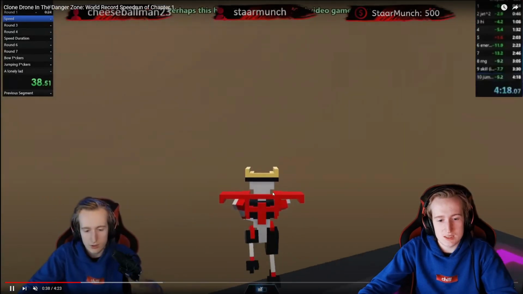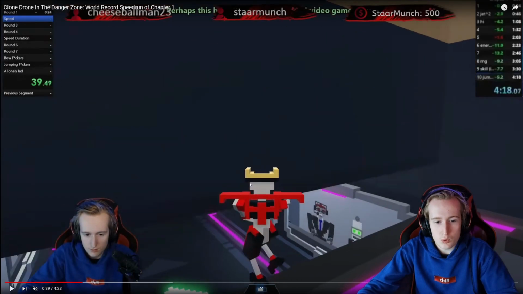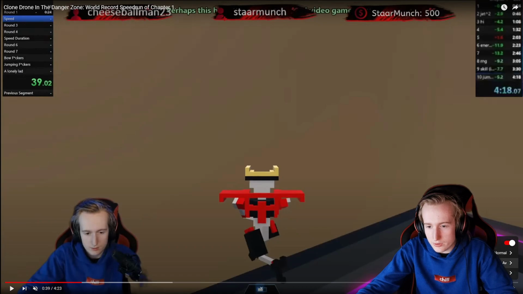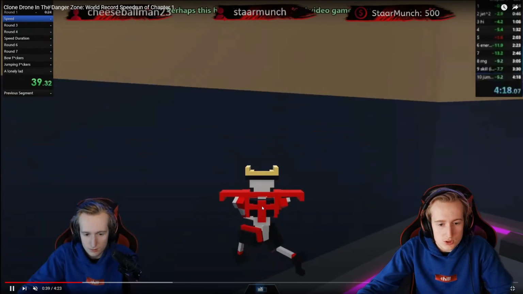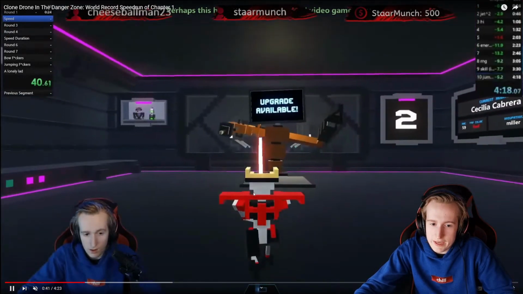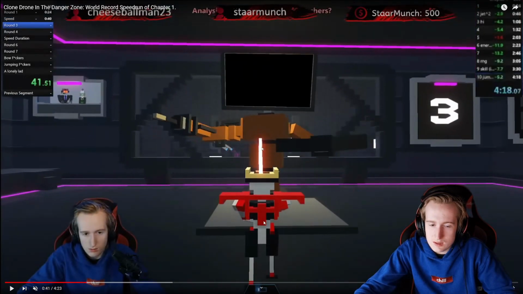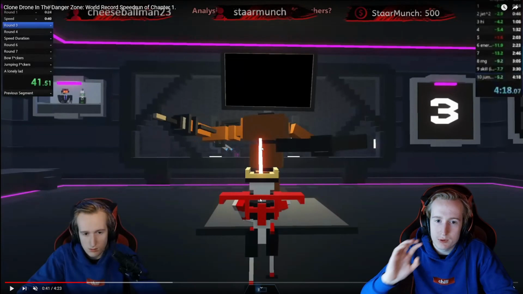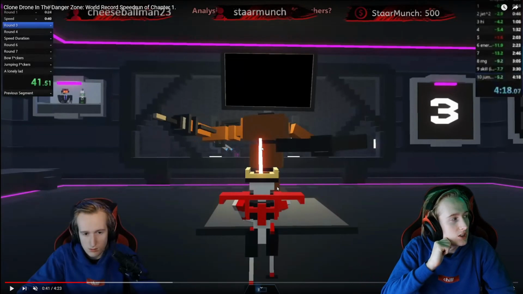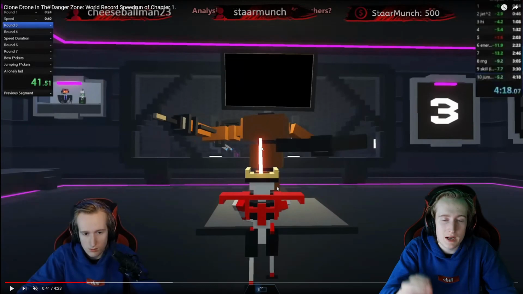A speed dash is pretty simple, to be honest. You walk sideways with the WA button, then you dash on the top of the wall right there, as you can see. Hold on, I will slow it down for you. So you have to do it right there. Then you will get an extra dash, and it will help you get to the upgrade faster. Of course, the speed dash is not very easy to do at first, so you have to practice on actually